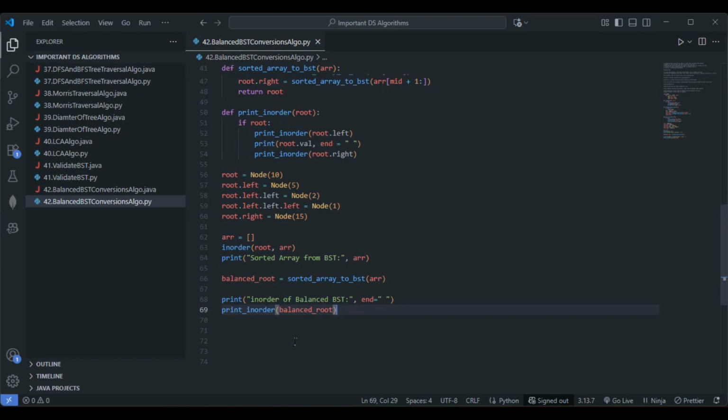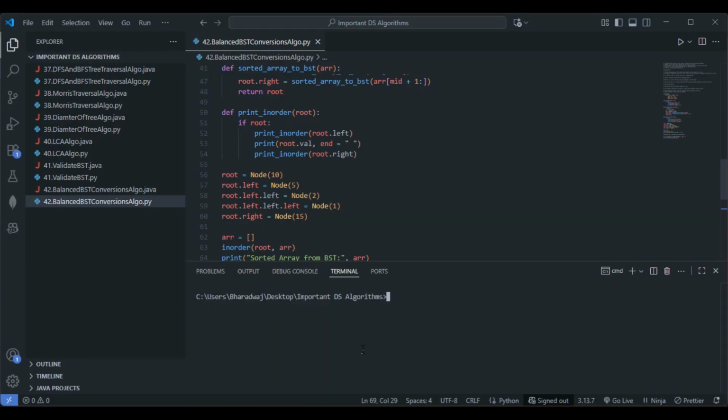So I'll just come here, just give me a second. Yeah, let me give Control J here. So this one, let me give python and the file name dot py. So see here, the sorted array from the BST, we have 1 2 5 10 15, right? So this is sorted in the ascending order, 1 2 5 10 15, and in order of the balanced binary search tree,